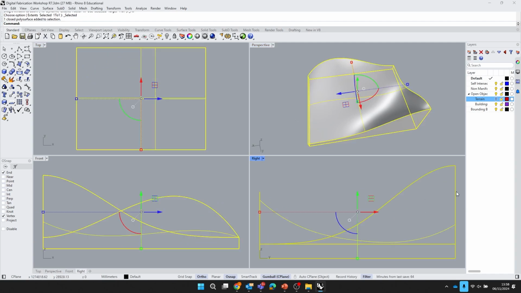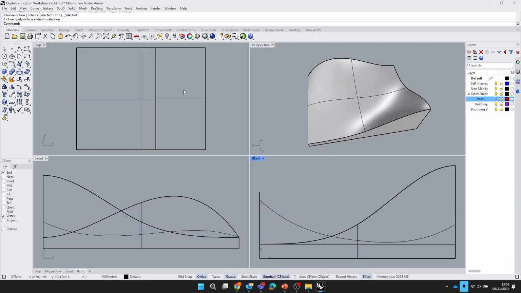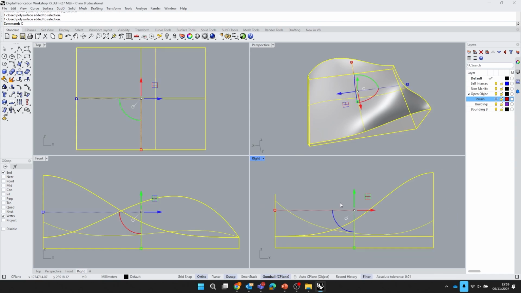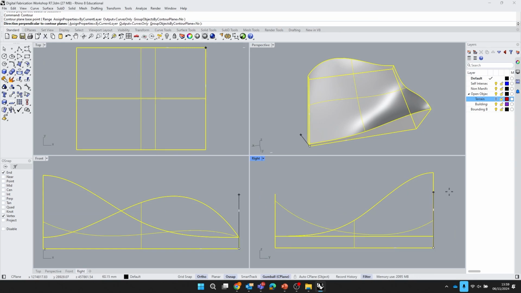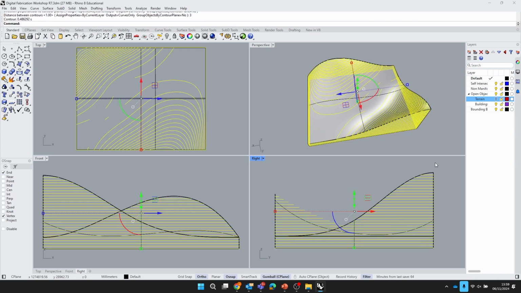Now that I know my dimensions, I would now need to decide on my material thickness, because that's going to be the distance of my contours. So if I'm using 3mm thick card, for instance, I would type in contour, specify a beginning, which would be the bottom of the model, set the direction, which would be towards the top of the model. The distance between contours would be the thickness of the material I'm going to laser cut. So if I'm doing 3mm card, I'll type in 3, hit enter,